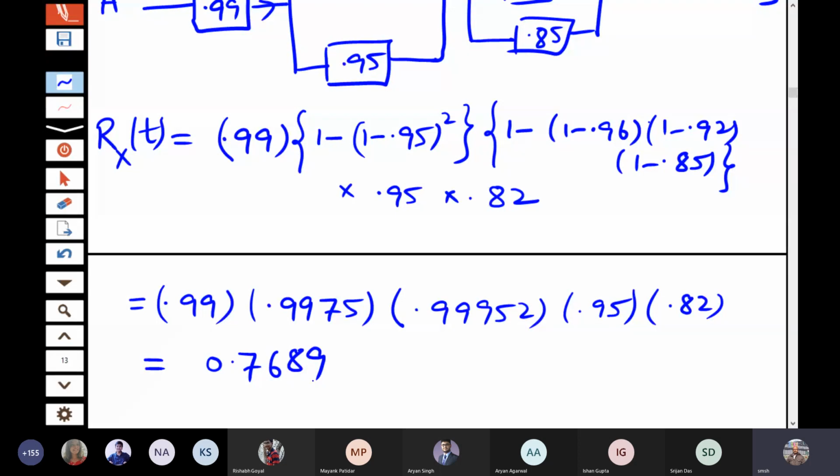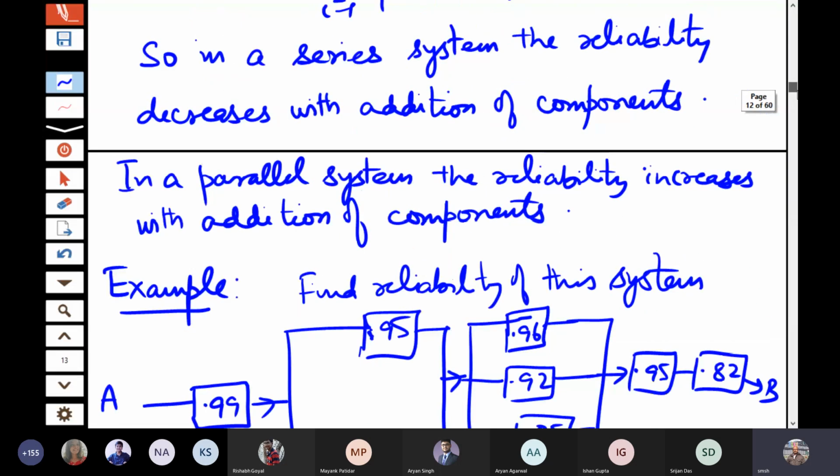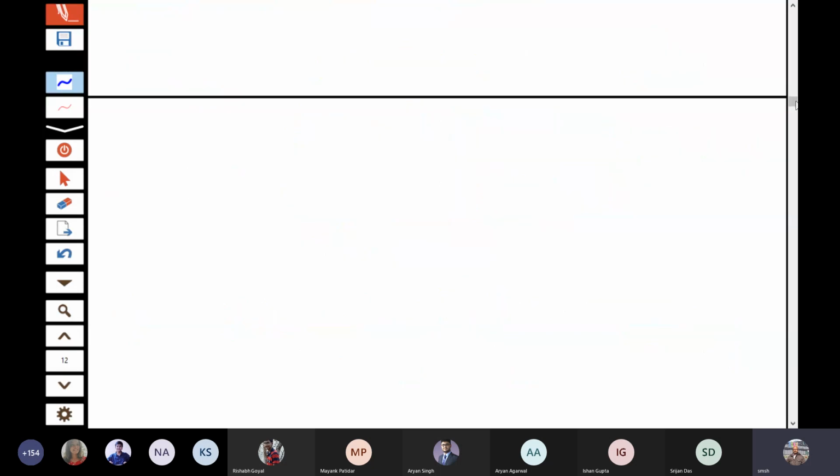Okay. This is because so many components are connected in series. Some of them are actually connected in parallel also, so that is increasing the reliability of those parts. So for example, if you look at the second part here, the individual component reliabilities are 0.95, but this particular part's reliability becomes 0.9975. You can see this here.